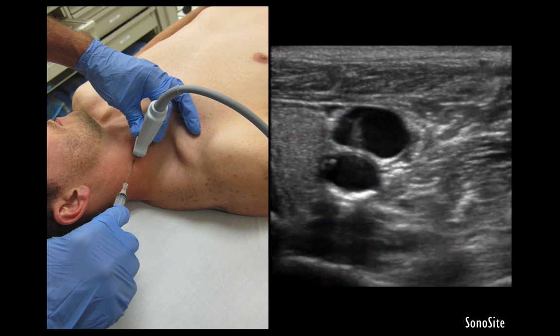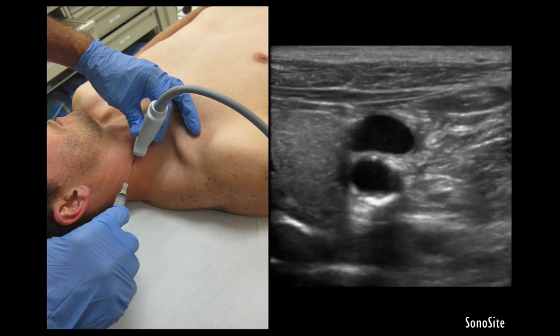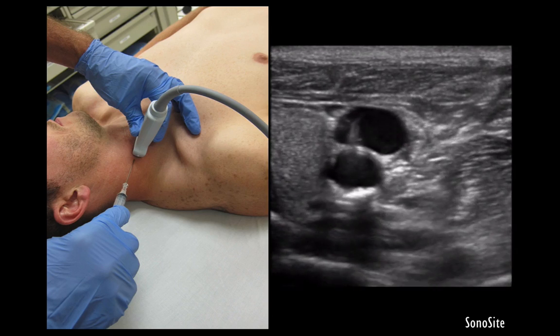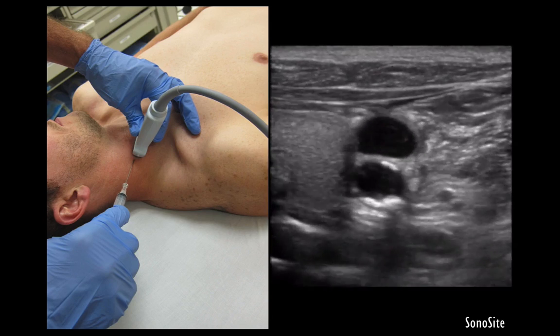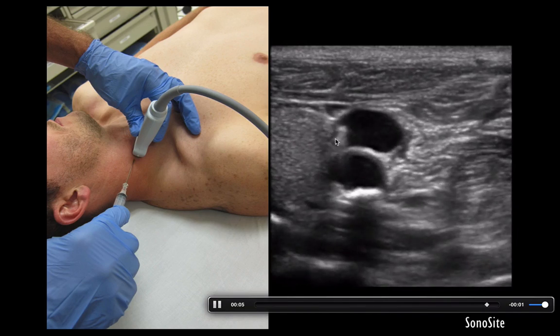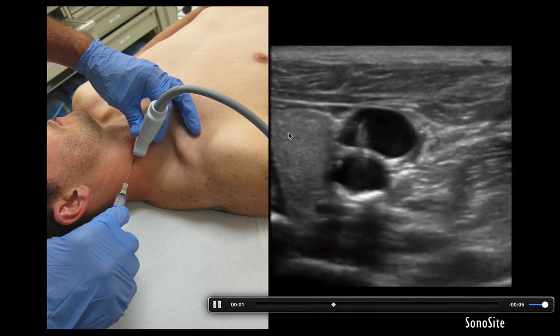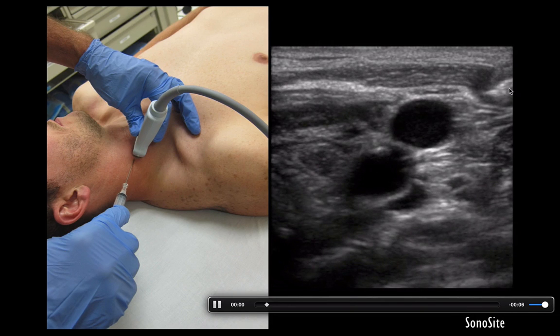You can see the video on the right. This is one of my residents who went ahead and placed the line, then threaded the wire through, and saved me these images to prove to me that he was comfortable doing this. I wish he would have done it with me, but he was able to do it. This is the internal jugular vein, this is the carotid artery, and this is your thyroid. You can see this is the wire that's already slid in. What he did was he came in